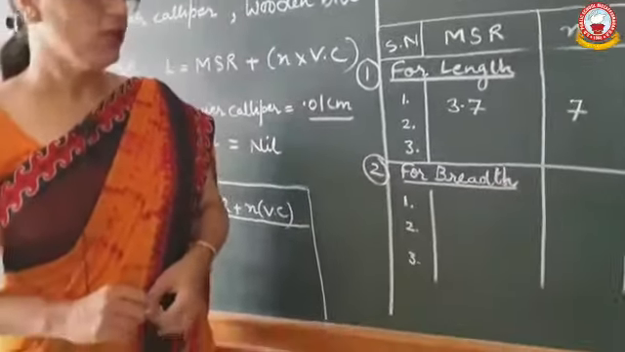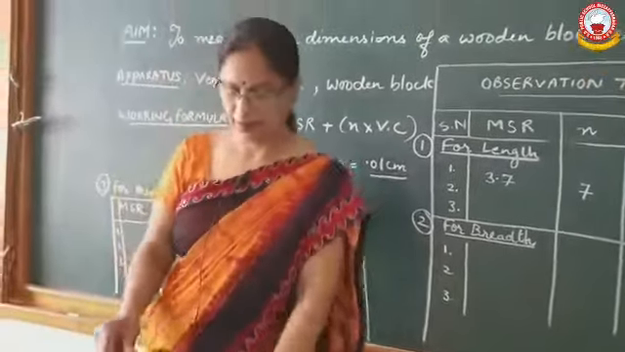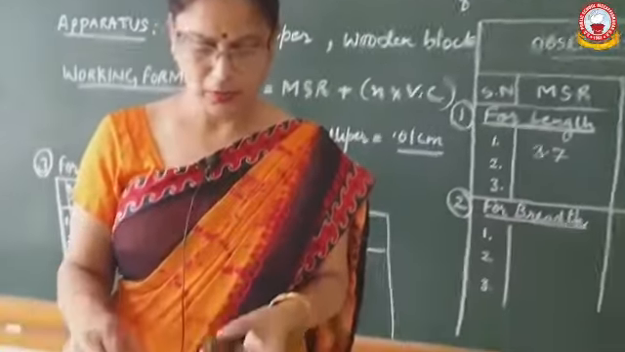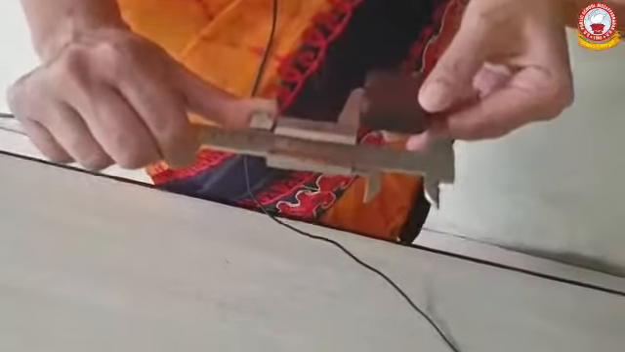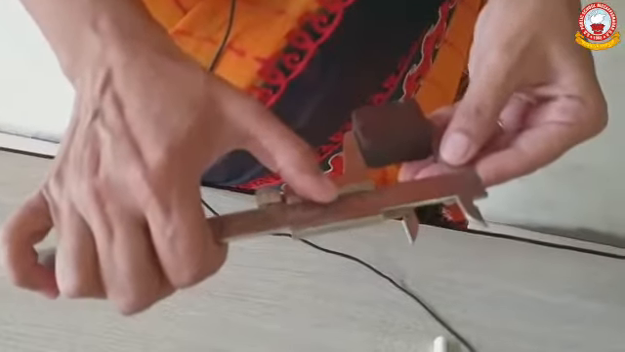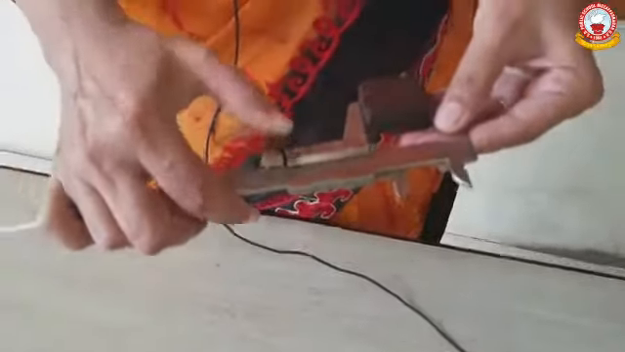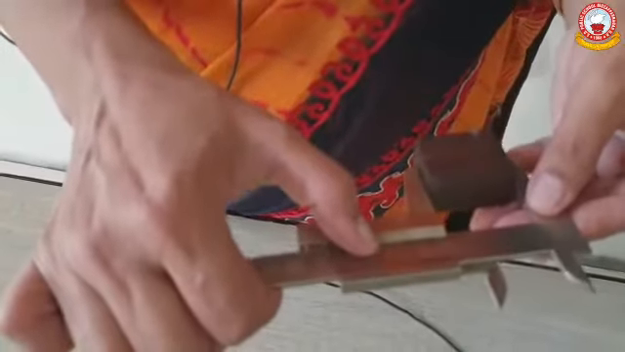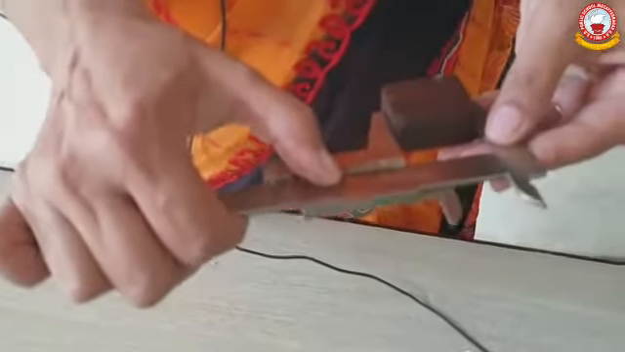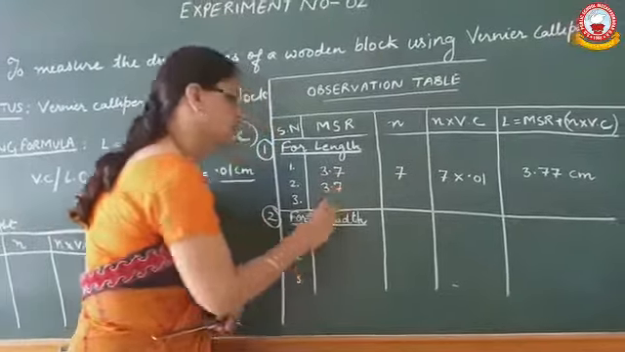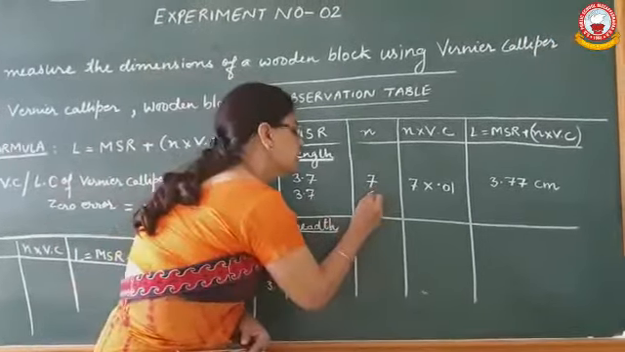To take the second observation, again I will use this wooden block along the length but from the other side. Again I will observe the main scale reading here. This time it is 3.7 again, but the number of divisions coinciding here is 6th. So our next observation here will be 3.7, number of divisions coinciding 6,